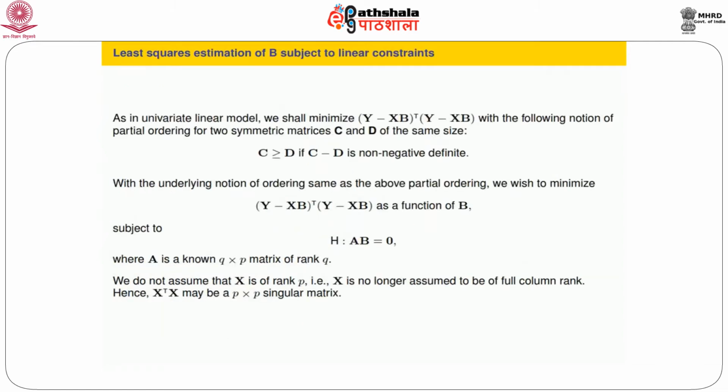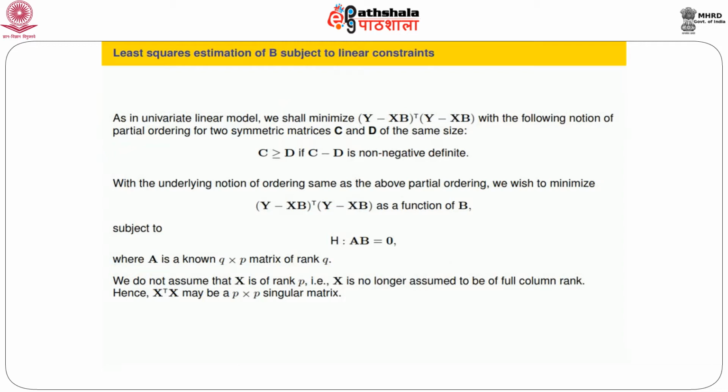All right. Now if we recall our univariate linear model, when we test lambda prime beta is equal to 0, we demanded this lambda prime beta to be an estimable function. In other words, if we test lambda prime beta is equal to 0, that lambda prime beta has to be estimable, and equivalently this lambda prime should be an element in the row space of the capital X matrix.